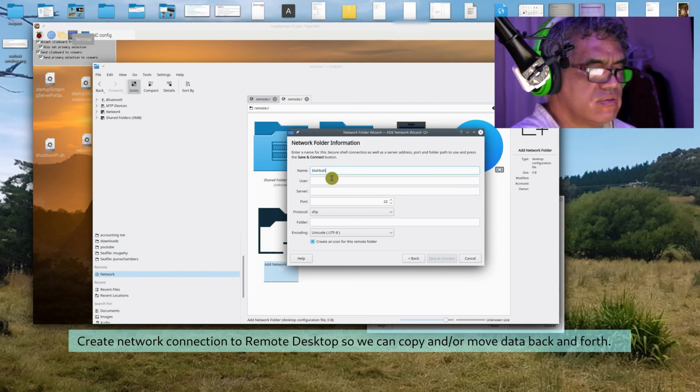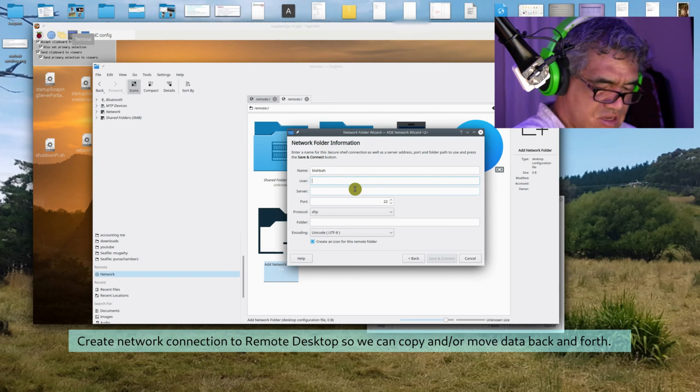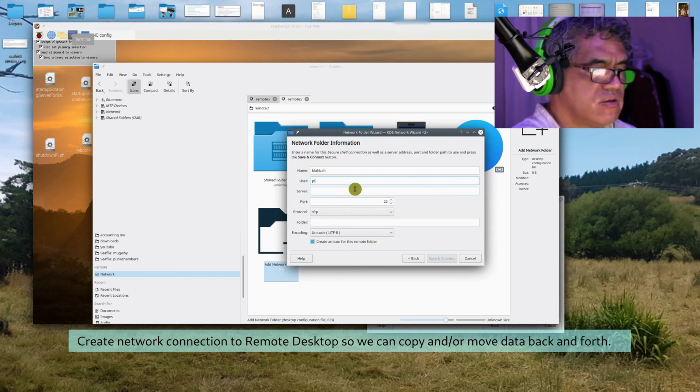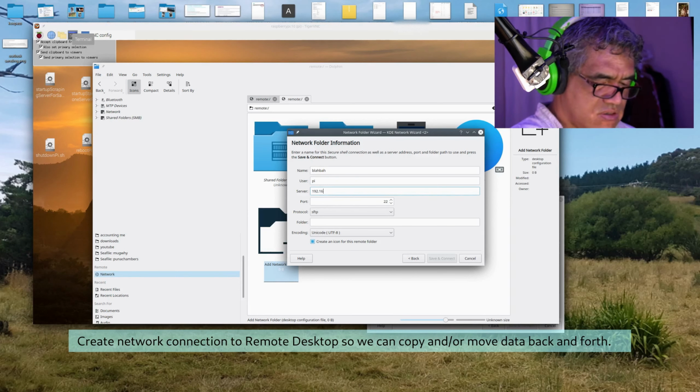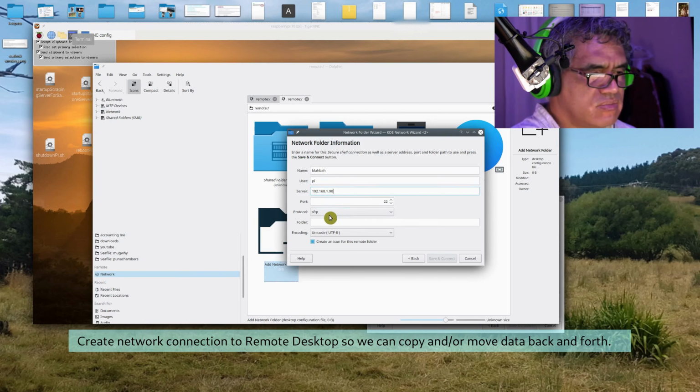Okay, and now our login is as if we are logging in through PuTTY. Same login. So Pi, and our server, that's the IP address 192.168.1.90. Be different for you probably. Port stays the same, standard 22. Now the folder